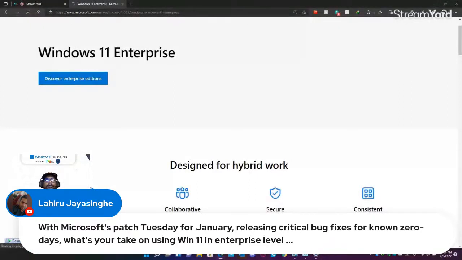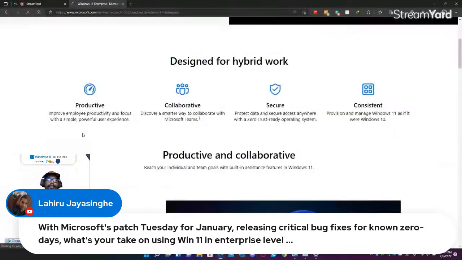When it comes to enterprise, they are focusing on productivity, collaboration, security, and consistency, right? So you can see all the four words are there. So with that,